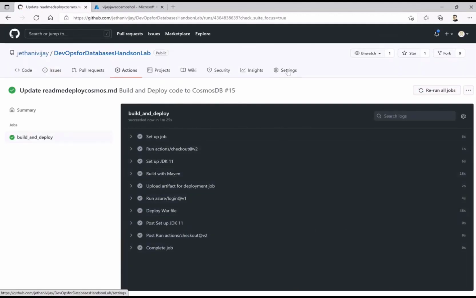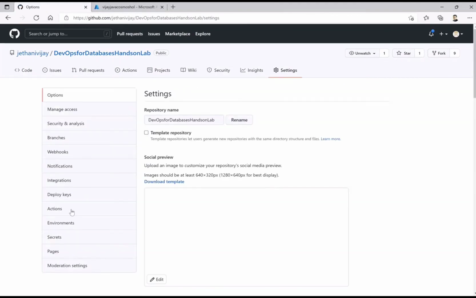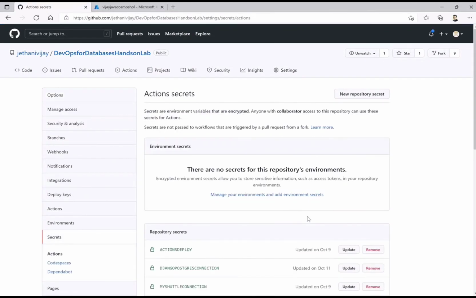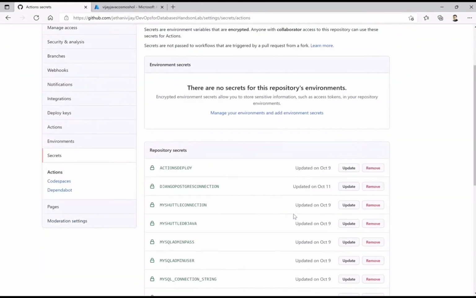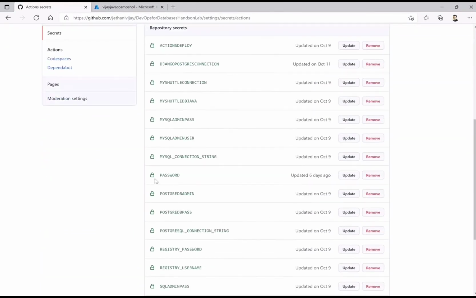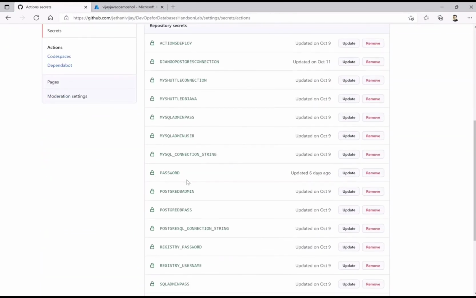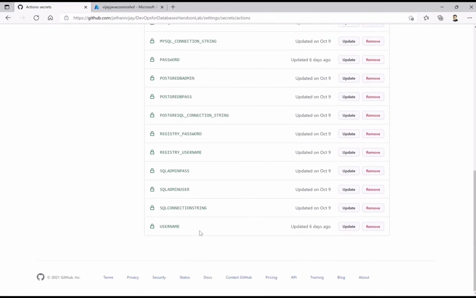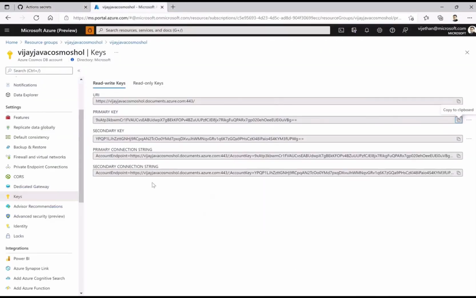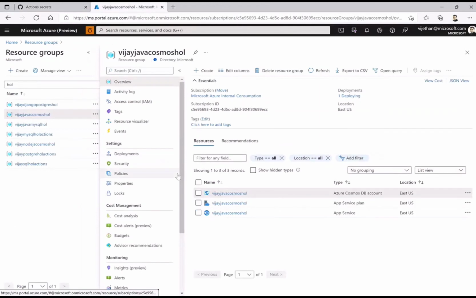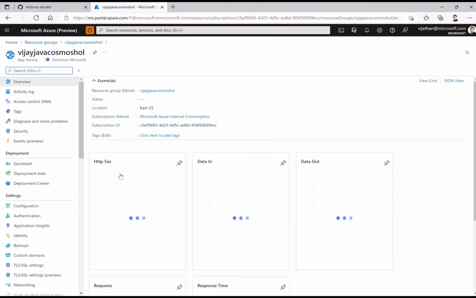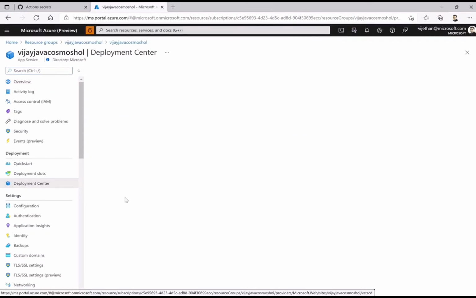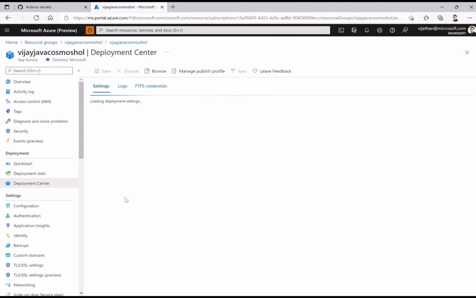Now to show you what username and password, I have actually had a GitHub secret username and password for that. Okay, so this is the password which I've kept. Similarly, there is also a username which I've set. From where I've got that, we go to the app services. For you to do any deployment, just go to the deployment center. And this is across your app service as a platform layer.